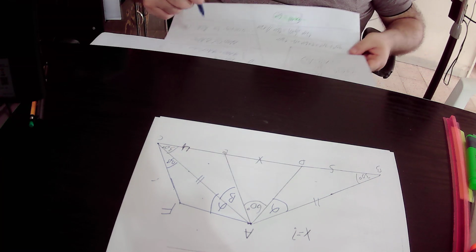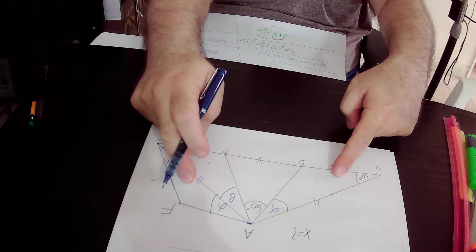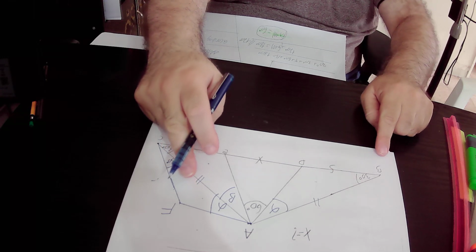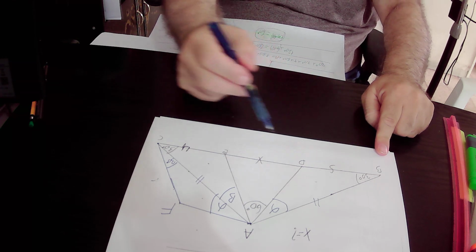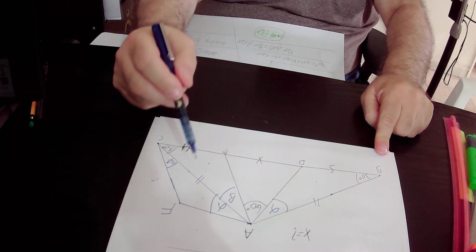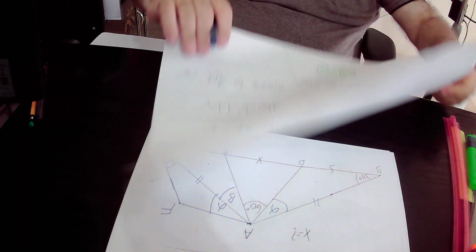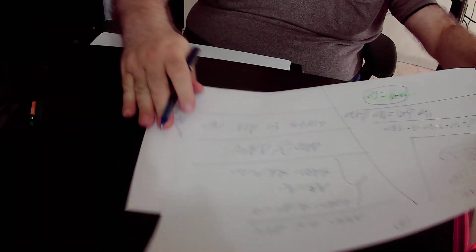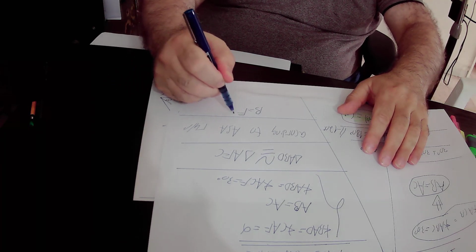And from the fact that those two triangles can go into each other, we conclude two things. The first thing is side BD equals side FC. Side BD equals side FC